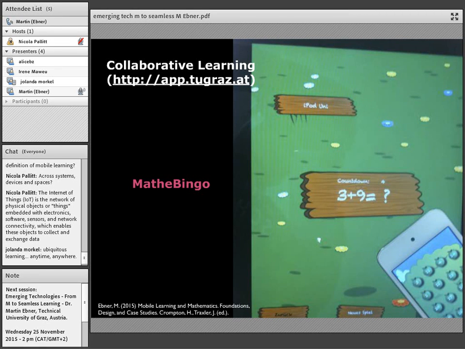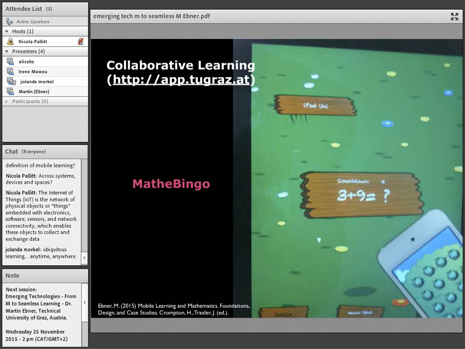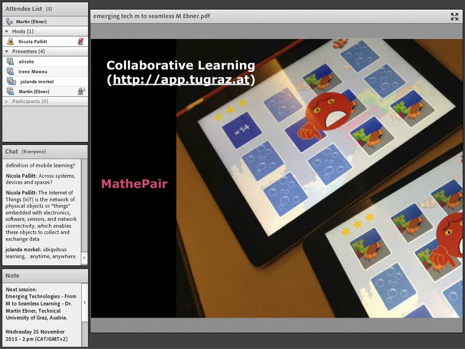And it's very interesting to see how children are interacting with that and how they are helping each other. And here a real collaboration begins to happen if you use, for example, such an app. We have this done also with Math Pair. Math Pair is the same thing as memory, and Math Memory was that we have 2 cards and 2 devices, and one has the card of the result and the other iPad has the calculation. So the 2 people who are working on this game have to collaborate with each other, because otherwise it would not be possible to have the right solutions.